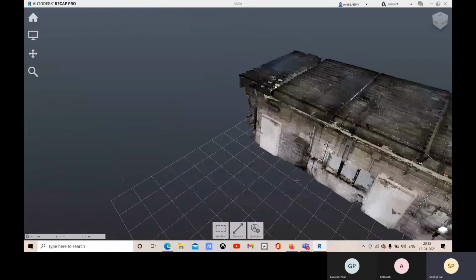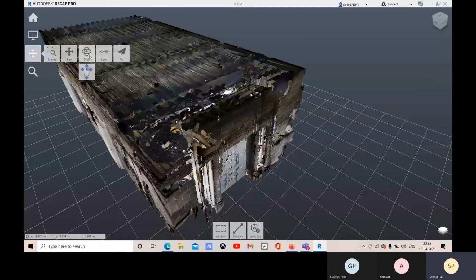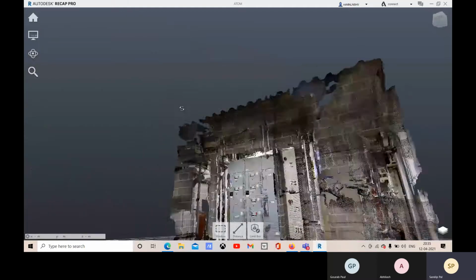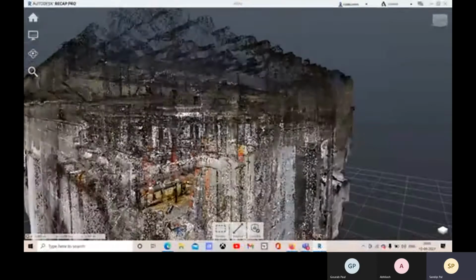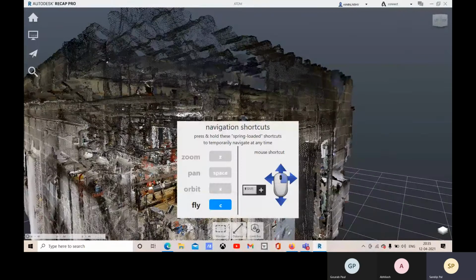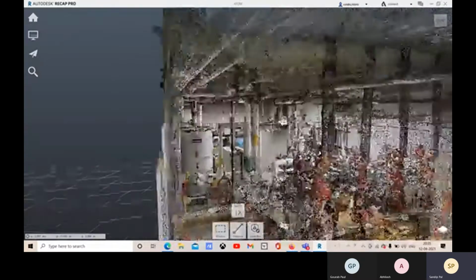Okay, and you have this orbit option. We have some shortcuts, and I'm coming to those shortcuts later. So you can just orbit around. Okay, and we have the fly option. Fly is known to all of you.